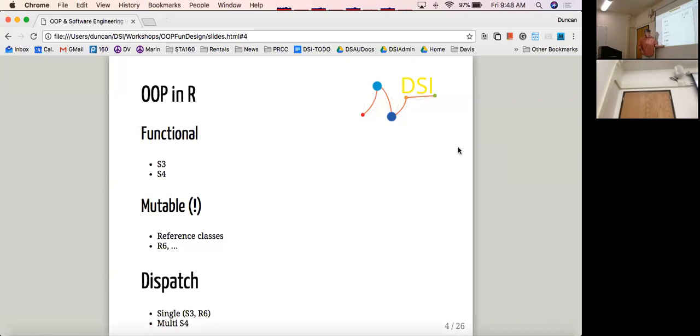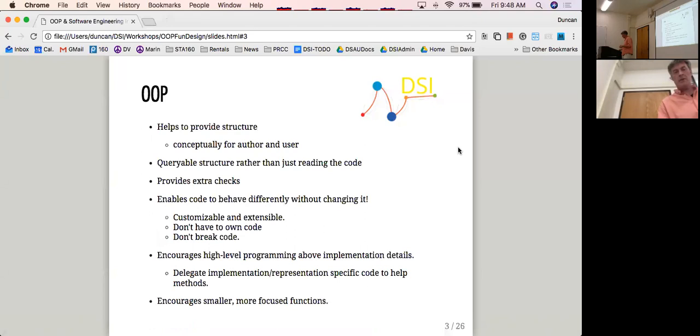And then the other thing we have is S3, and you'll see this in other languages too, but S3 is extraordinarily simple. Okay, what does object-oriented programming do? Basically, it enables the same code to behave differently based on the inputs. Okay, it's not just that it does this for all code. But basically, a very simple way to think about this is, in R,